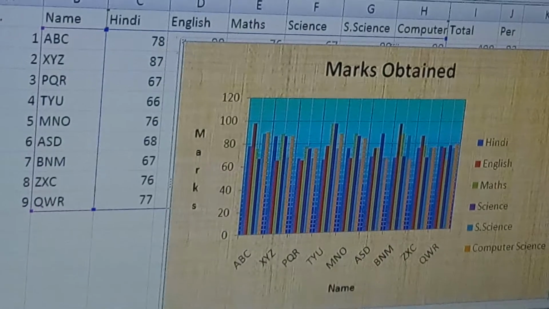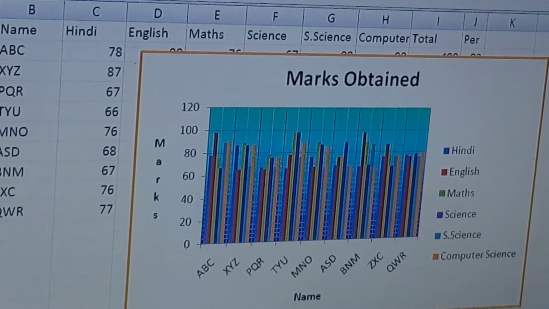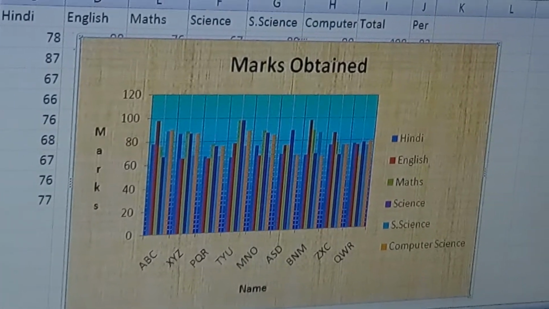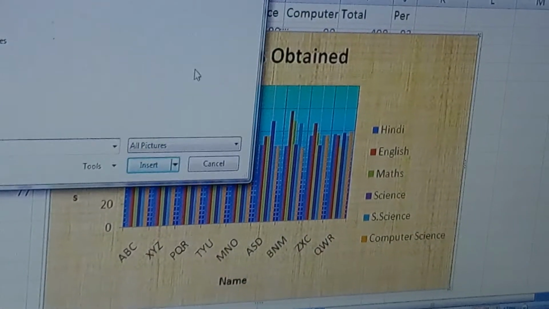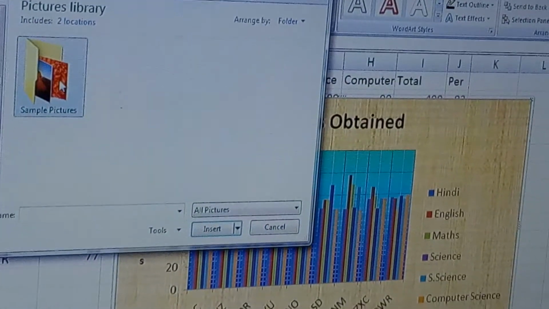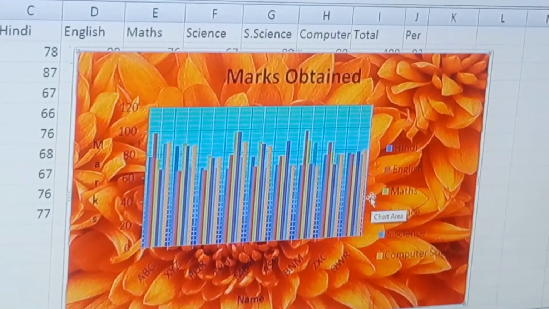So you can format different styles. You can fill any color according to your choice. If you have any picture, then you can insert it and it will be filled in here.